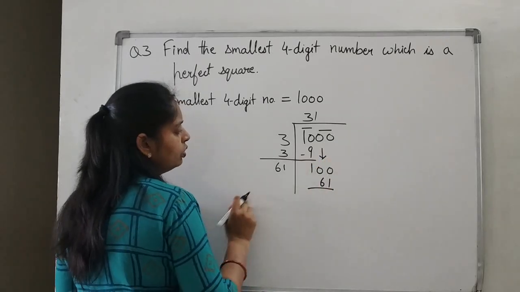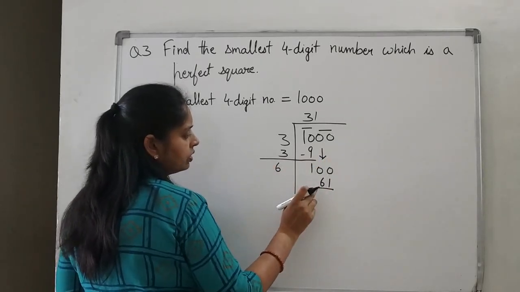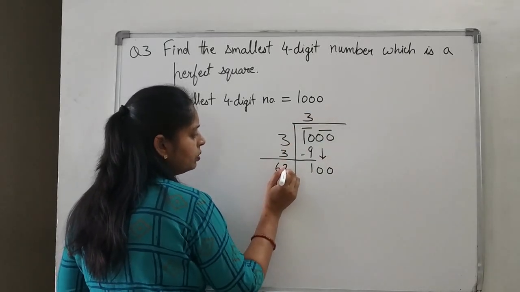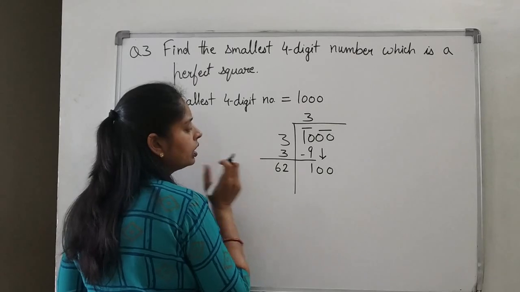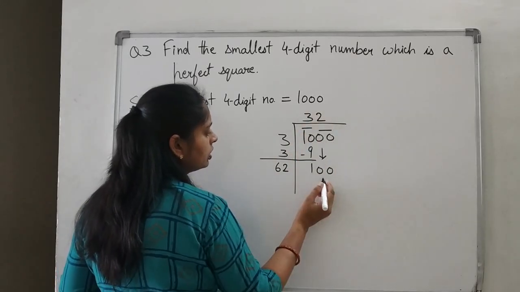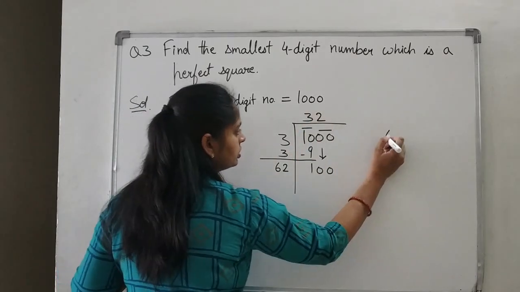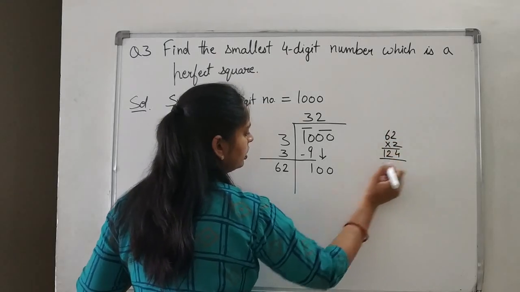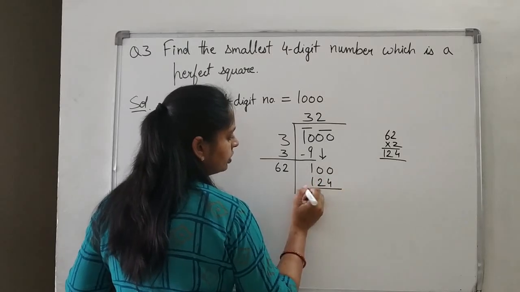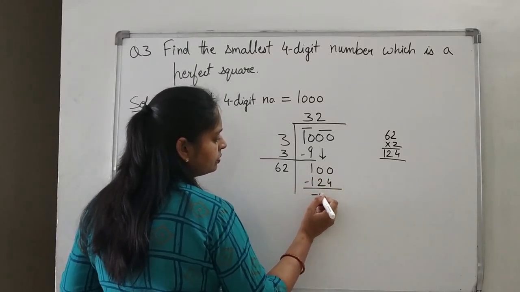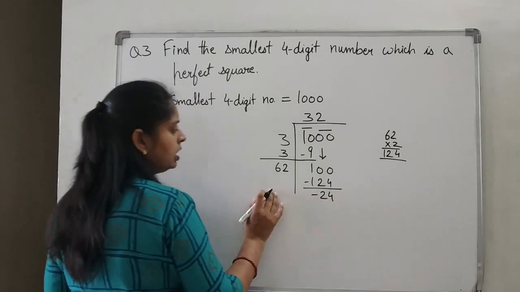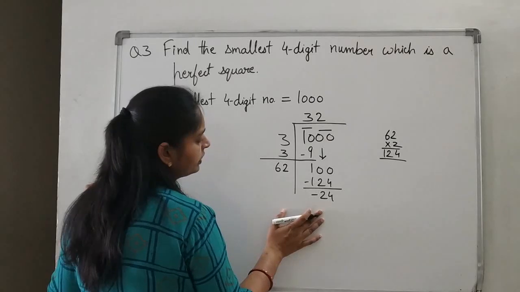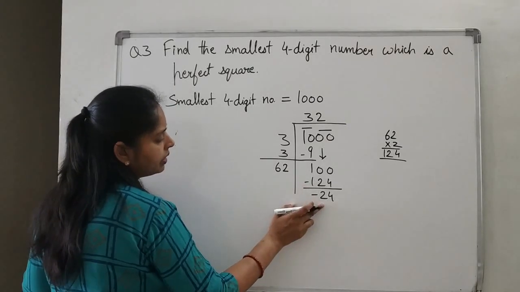I am telling you one more method for that. 1s is not going, right? So after 1 what is coming? 2 is coming. So let's take 2 here. So 62 2s will give you how much? 62 into 2. That is 2 4s are 4, 2 6s are 12. So you got 124, right? When you subtract, you get minus 24. This is the method I am telling. When we need to add something, that is the shortcut method we can go for. That is your choice. So we got minus 24 here.